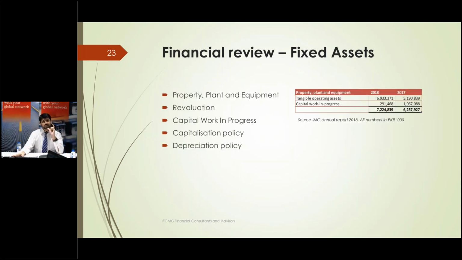But then we will need to say, all right, let's check out the composition of the fixed assets, and then we isolate, all right, this is the bottom line, and the bottom line has shot up because of revaluation. So again, we need to then check who revalued and why was the asset revalued, and what will be the impact of it on the bottom line.